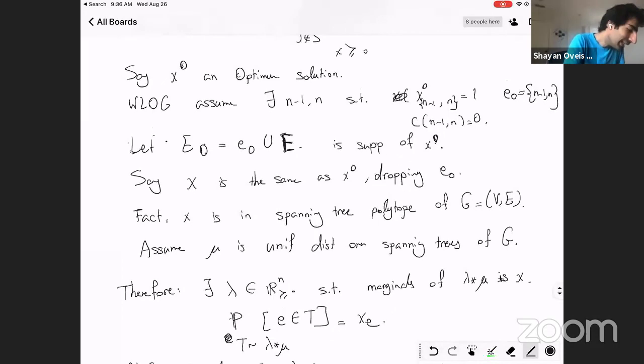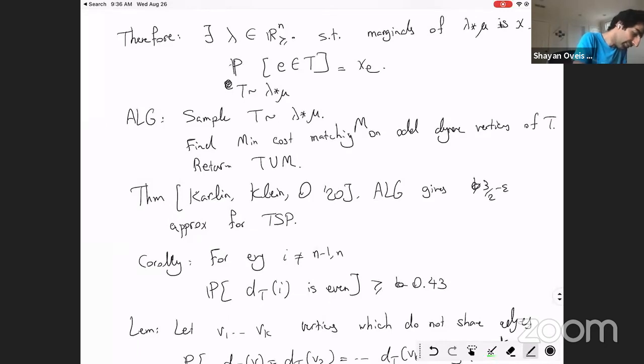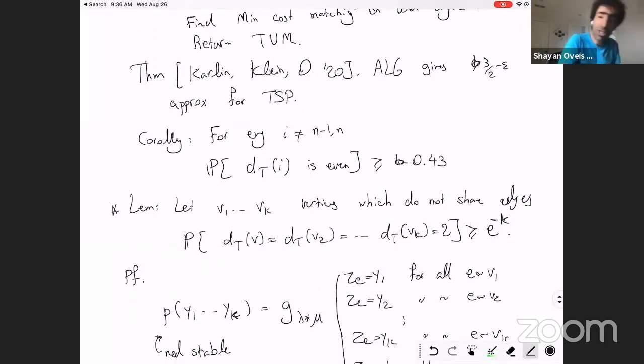This lemma that I said, you can generalize it much further. For example, it doesn't have to be vertices. It could be sets of edges which do not intersect. Here I crucially used the fact that the expected degree of all of these vertices is 2, but you can also tolerate that. You can have sets of edges which do not share edges, and if the expected number of edges in these sets is close to 2, or close to an integer, then the probability that all of them are exactly equal to that integer is